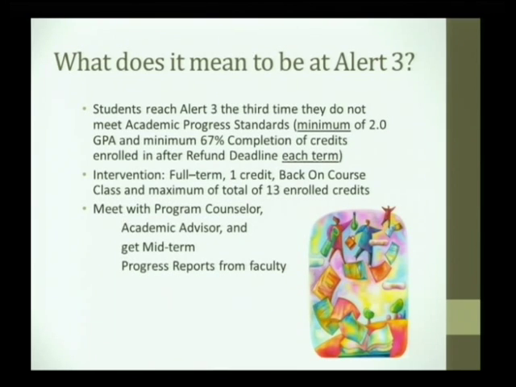And we don't want you to come in and just do that class. We want you to be registered in other classes so that you can use the information that you're getting in that class with the other classes that you're doing. But the maximum number of credits that you can be enrolled in is 13 credits. So if you have planned 2 4-credit classes and a 5-credit class, that's not going to work because you have to be in that 1-credit class as well. So the maximum, and that doesn't mean you have to take 13 credits, absolutely not, but it means the maximum you can be enrolled in this next term when you come back for Back on Course is 13.